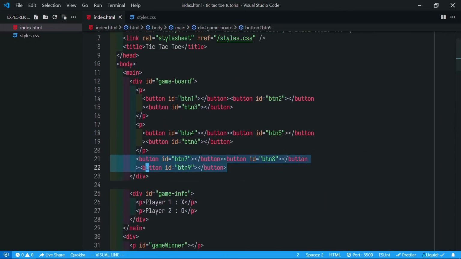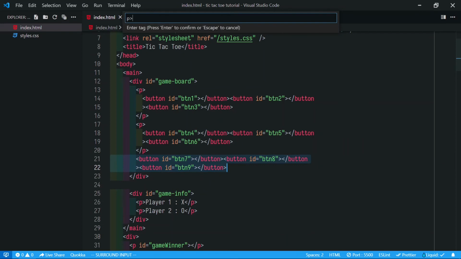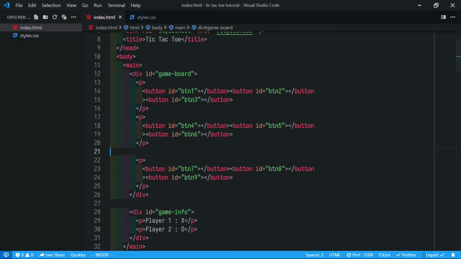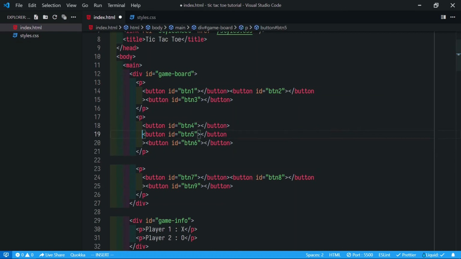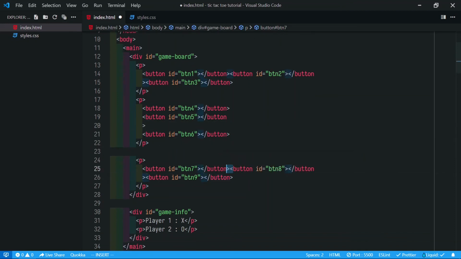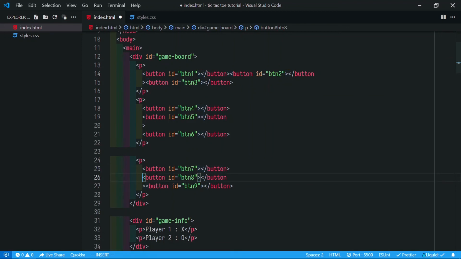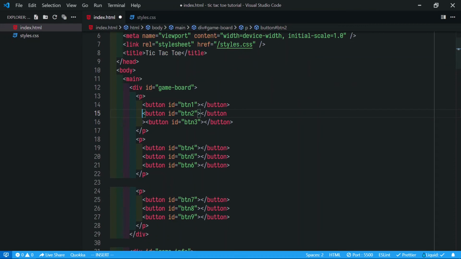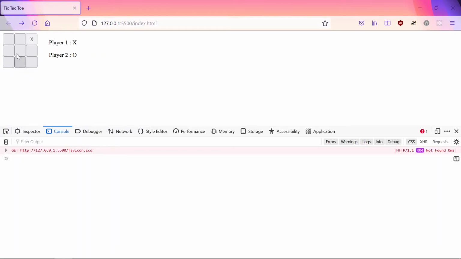So it isn't in a p tag, so let's wrap it in p also and form it a bit better. Now it looks a bit cleaner. Yes, now it's good.